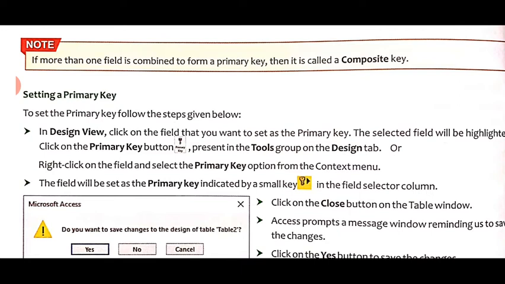When we say XYZ, there is a chance of two persons with the same name, but if I call by roll number, then only one person will be there. So a unique value field we can easily find with the help of primary key, and only a primary key can be a main participant in table relation.